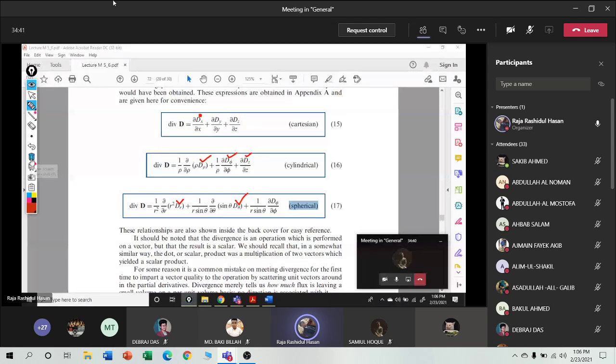So normally, if we write down the format of a vector, suppose a is a vector, তাহলে a কে আমরা কিভাবে রিপ্রেজেন্ট করি? ax ax plus ay ay